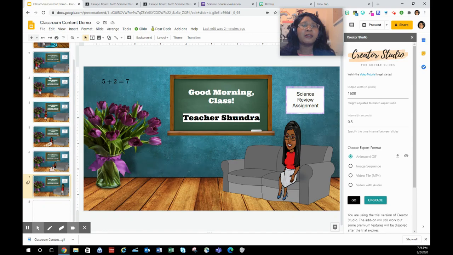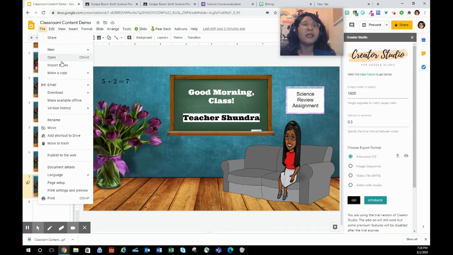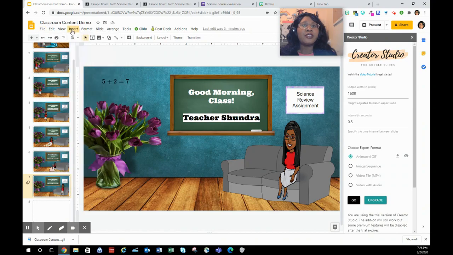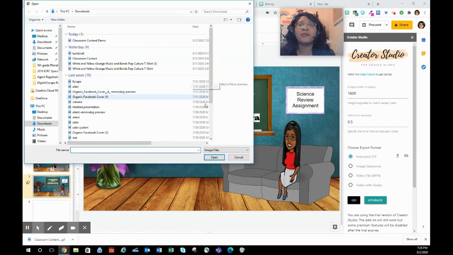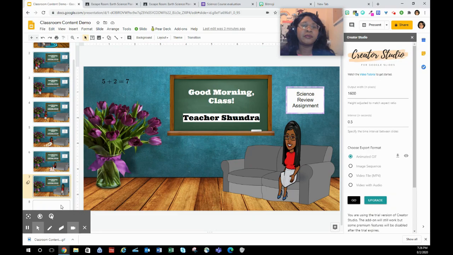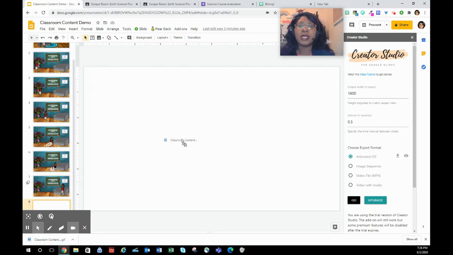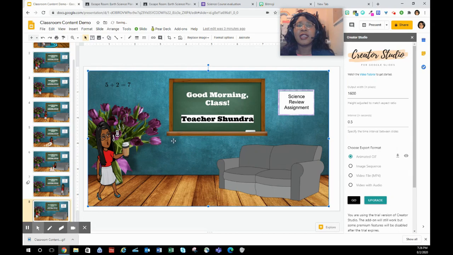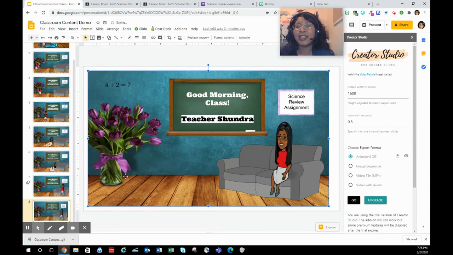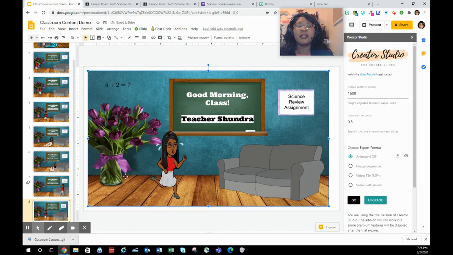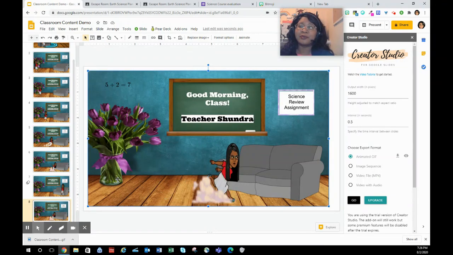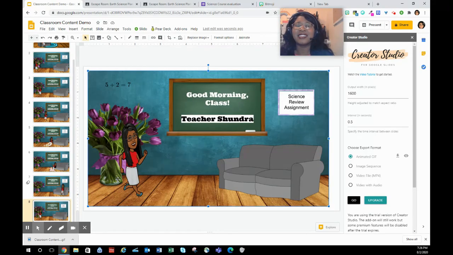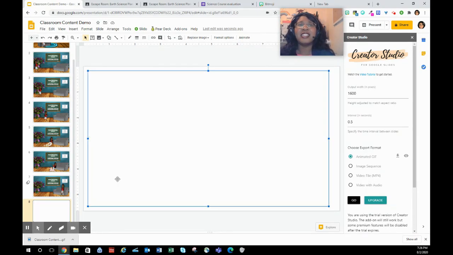And what I like to do is go ahead and insert image from my computer, or you can also drag and drop. And now you see me trying to get to that classroom sofa. And it did add in